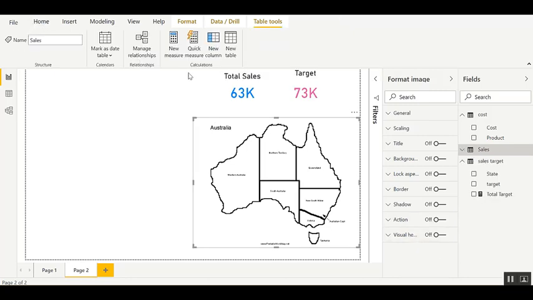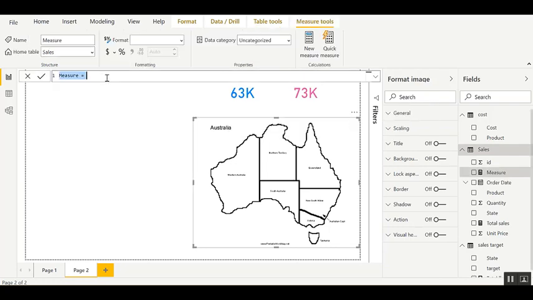show you. Now then I'm going to create a new measure similar to what we did for total sales and total target. Again, we have a new measure here. And now let's just call this one total quantity for Western Australia first. I want to know that what would be this is the name of the field, and now